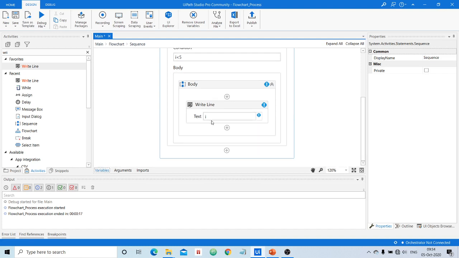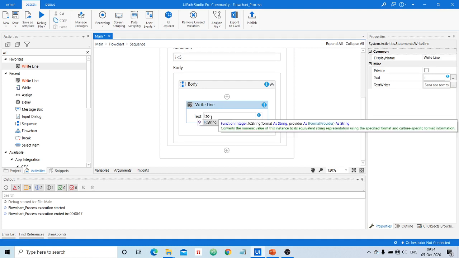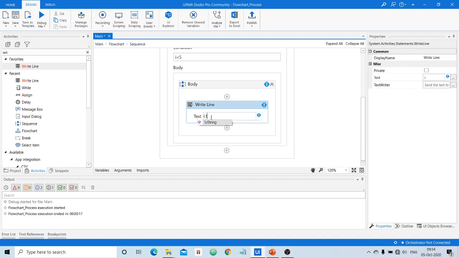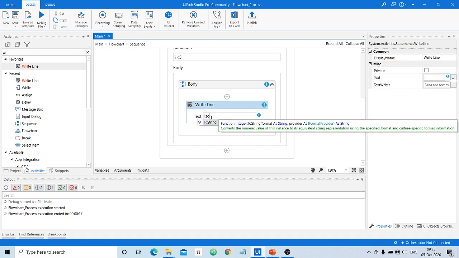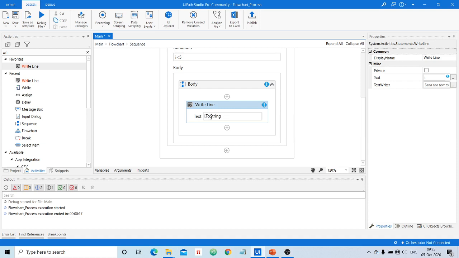To convert this integer to string, there is a method called ToString, which people familiar with Java or .NET will know. Even here a dot operator is used to invoke a method. Make sure that ToString is a predefined library function whose job is to convert a value, generally an integer value, to a string format.